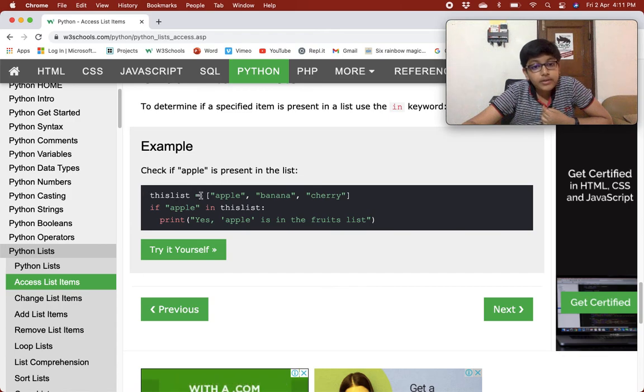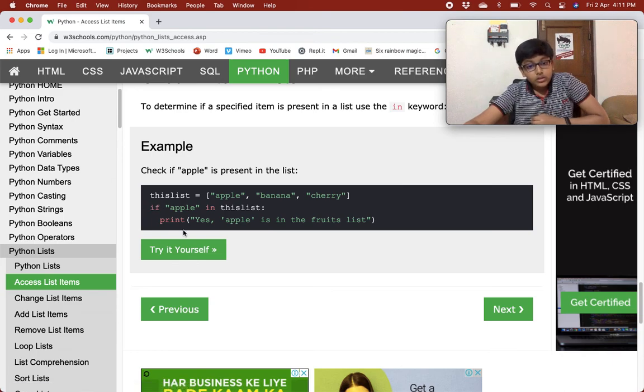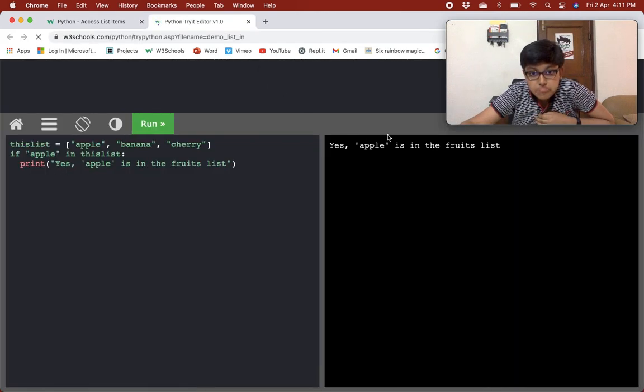We are doing if apple in this list, then print yes, apple is in the fruits list. Apple is in this list, so it would print yes, apple is in the fruits list.